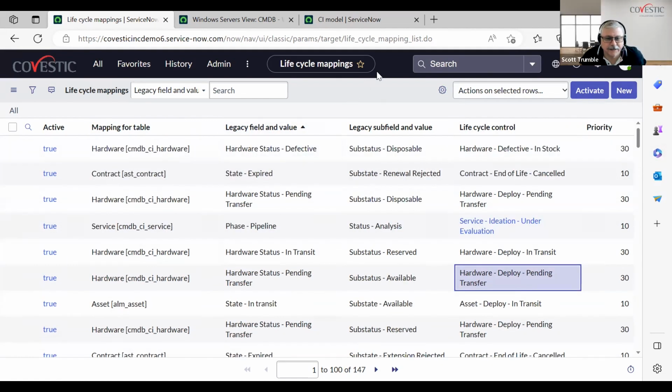I appreciate that, and I appreciate you helping bring us some clarity on this. So if I were giving somebody what I think is a takeaway on this, I want to talk about the value in going to these life cycle stages and life cycle statuses. And what I see as the value, one, is that consistency across the application, whether I'm talking about products or models or assets or contracts. I'm using the same naming convention. They're going through the same. They don't all have to have the same pieces of life, but they're going through the pieces, consistency across that,